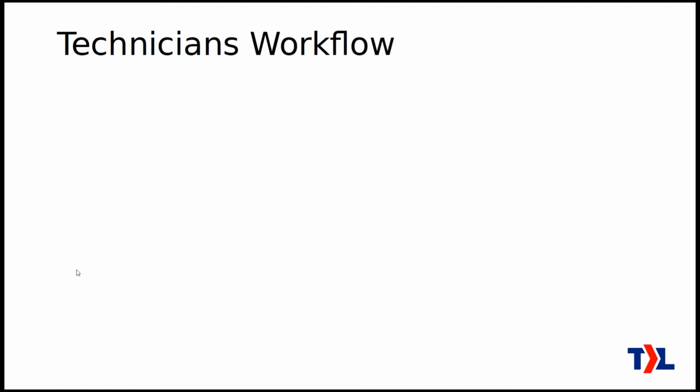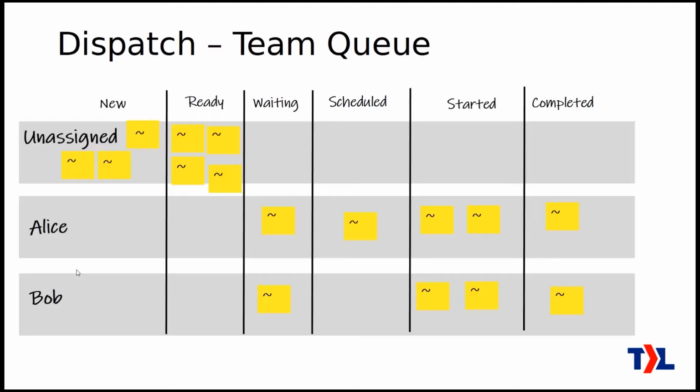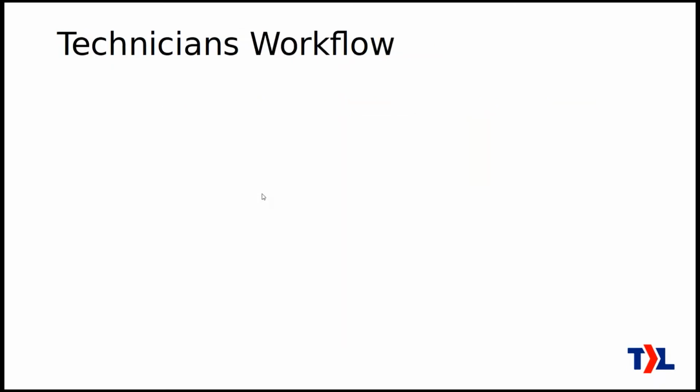And so that's it, actually. Those are the three decisions that you need to make before you start. What are the statuses or stages in your pipeline? Those have to do with the columns that you're going to see. And then how do you do triage? Basically, how do you get those tickets from new to ready? What needs to be done on them to make that move? And how do you assign work to the members, team queue or technician queue? And then you get to execute on all this. And I'll explain how that's all going to work.